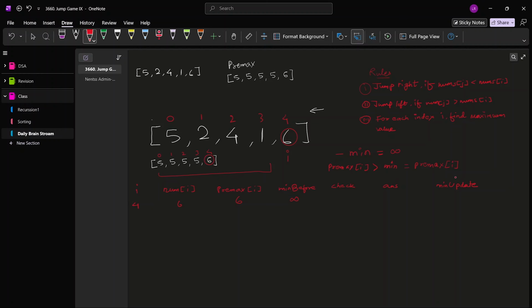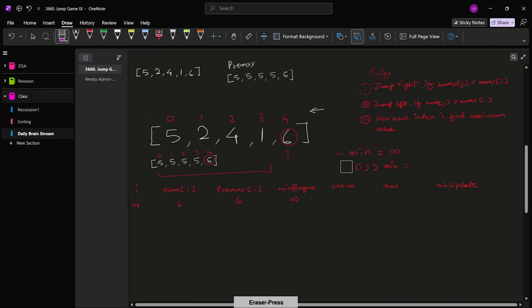क्योंकि प्री मैक्स आई इज ऑलरेडी स्टोरिंग द मैक्सिमम वैल्यूज फॉर ईच इंडेक्स, राइट। इसीलिए हम यहाँ पे ये स्टोर कर देते हैं। अगर बड़ा होता है प्री मैक्स, अगर बड़ा नहीं होता है प्री मैक्स तो ठीक है, यहां तक क्लियर है।